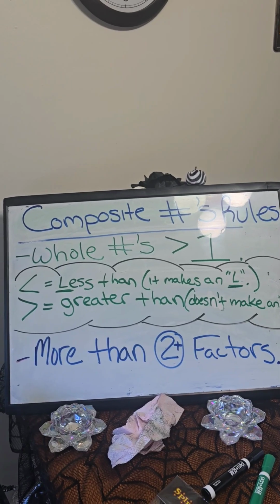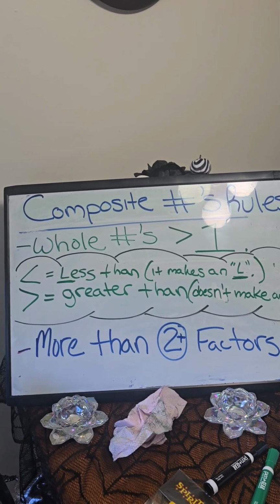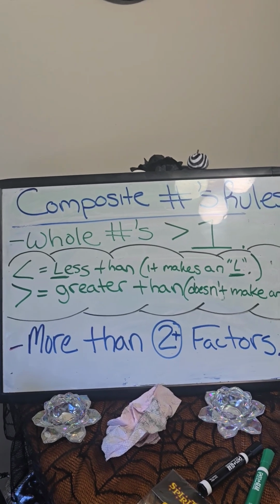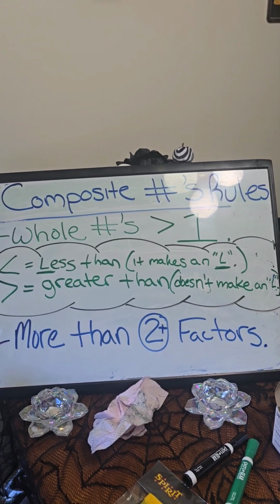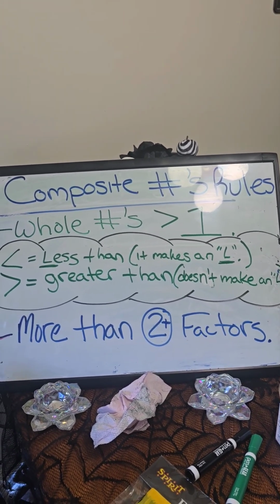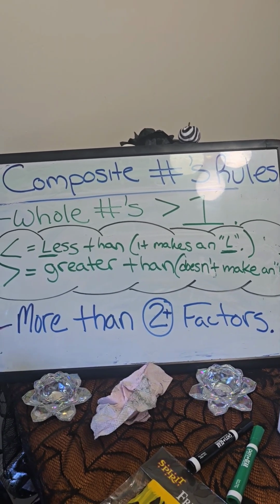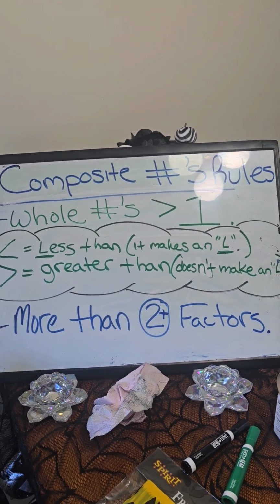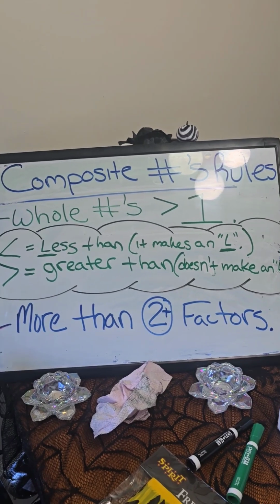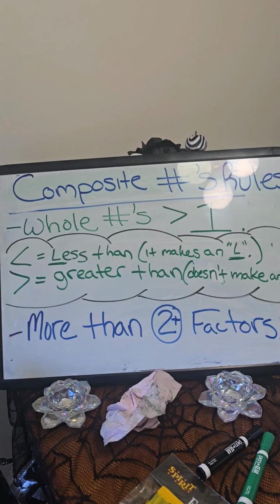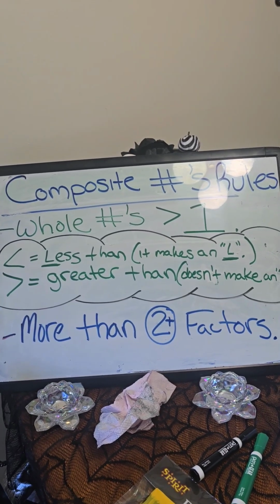So the top line says whole numbers are greater than 1, just like the same first rule of prime numbers. The only difference is with composite numbers, instead of only factors of 1 and themselves, they have more than 2 factors, 2 plus. They have more than 2 factors. So, example,